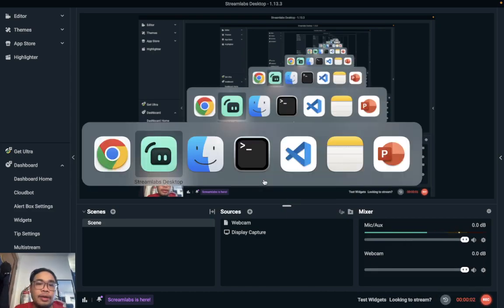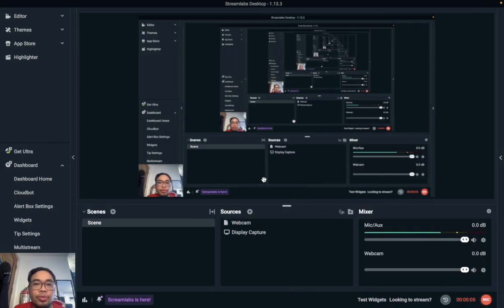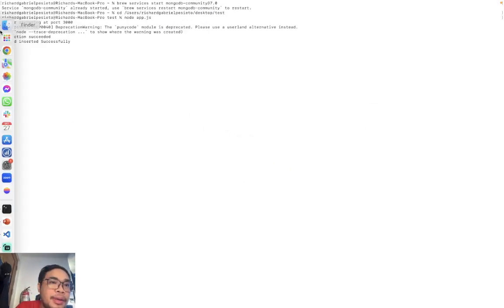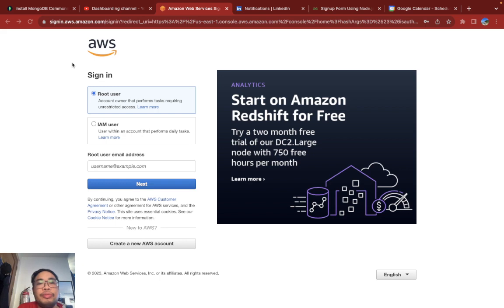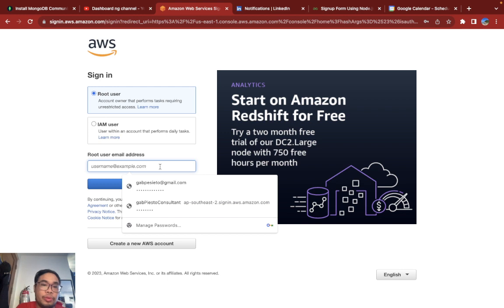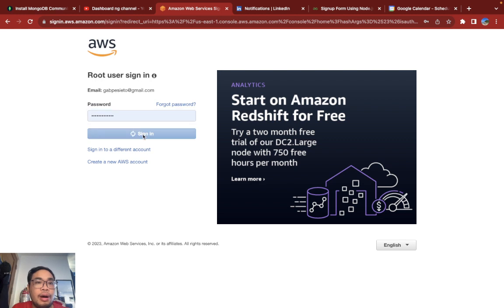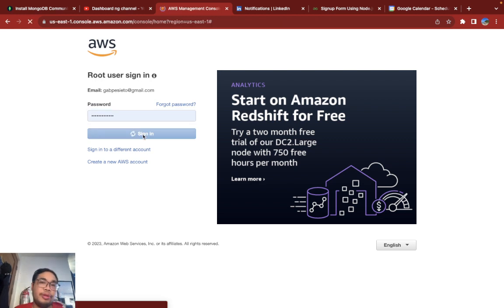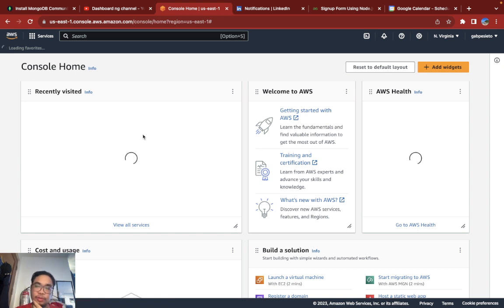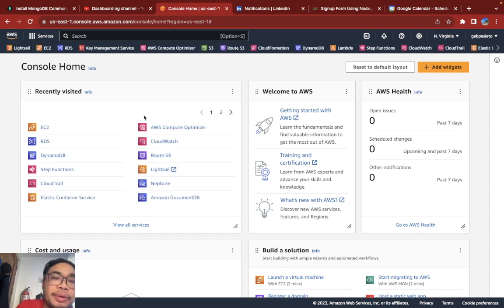Hello everyone again. So today we are going to replicate what we did in the customer sign up form, and we will do it in the cloud. So we will use our AWS account to create this in the cloud. So we did that application, you remember, using HTML, Node.js, and MongoDB. So today we are going to create it using some AWS services.